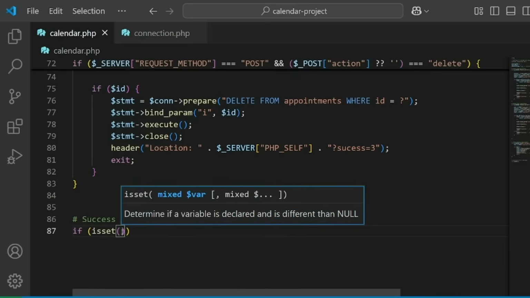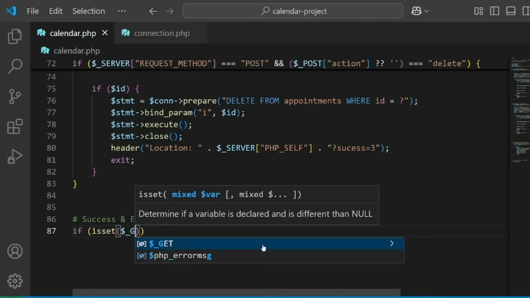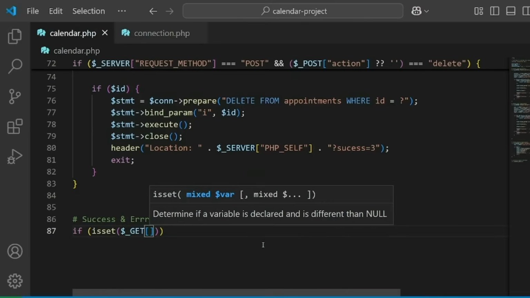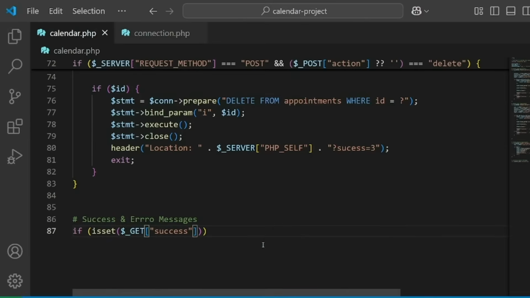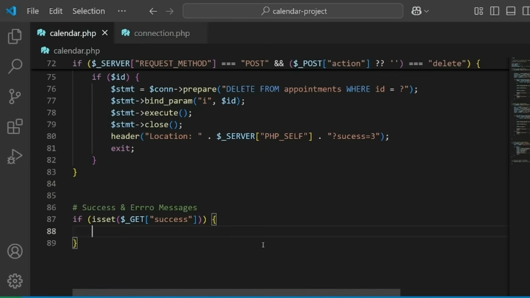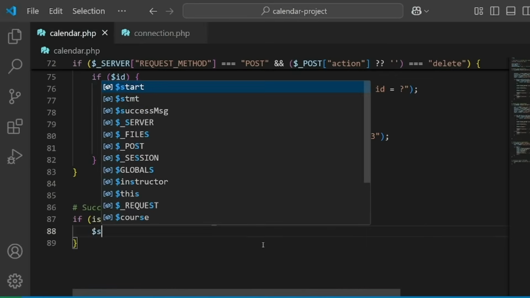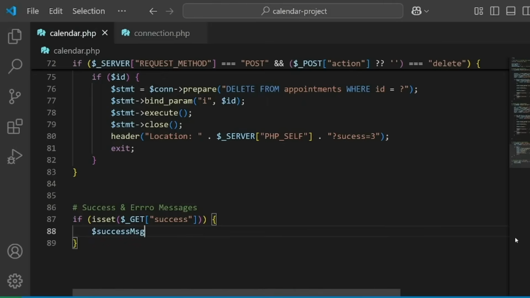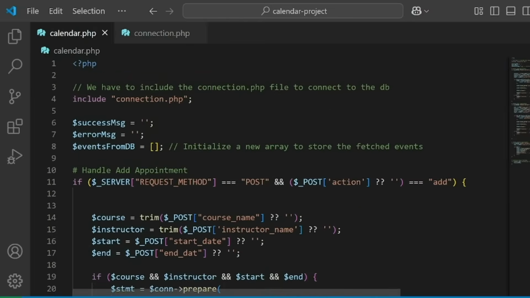So this function checks whether the variable is declared or not, and also at the same time it checks whether this variable is different than the object null. If isset, and then pass into here the get variable, the get magical variable success, well, then we will call our variable success message, which we have defined way at the top of this file, success message,